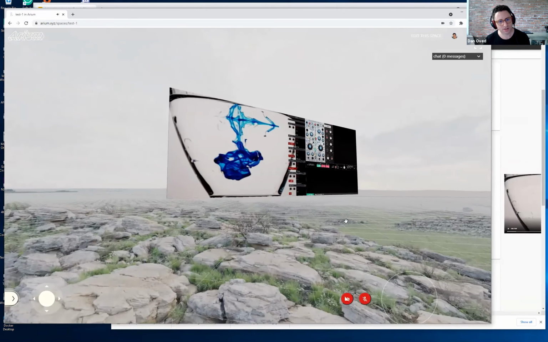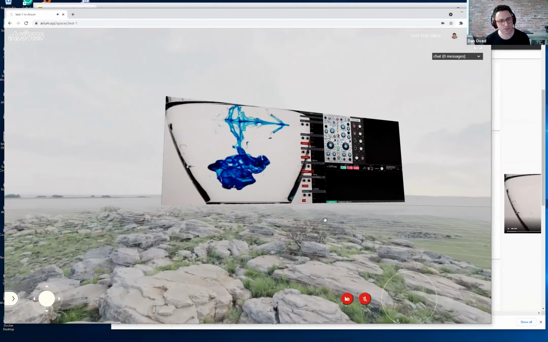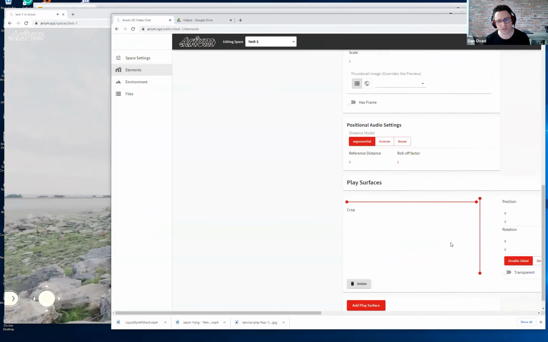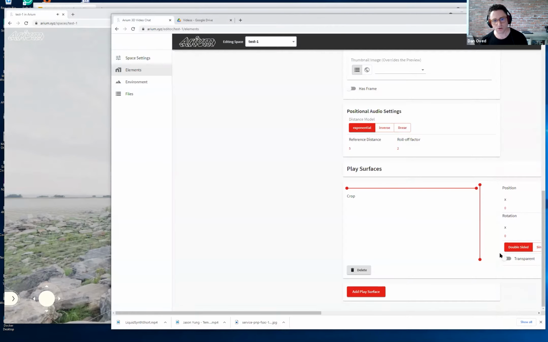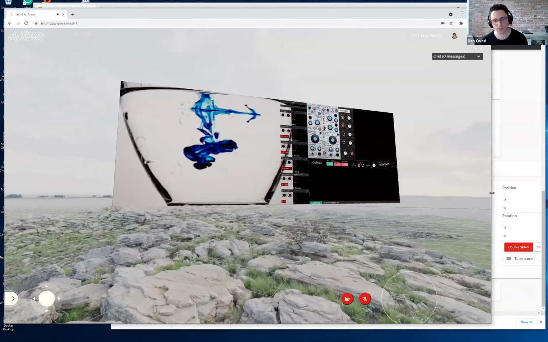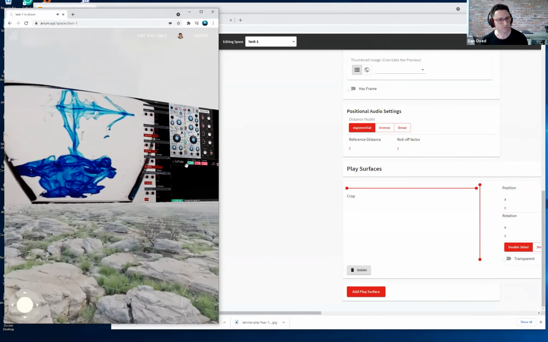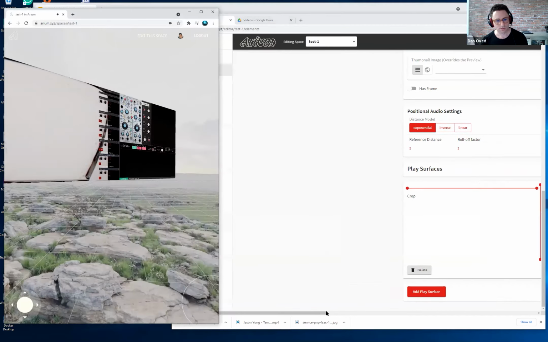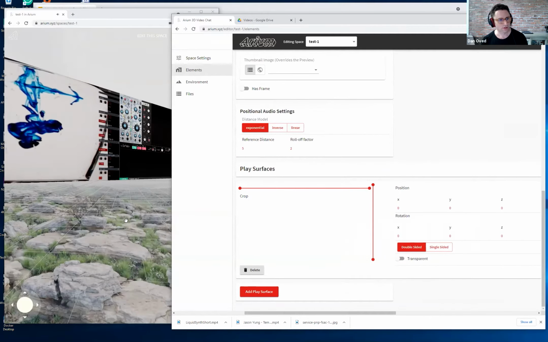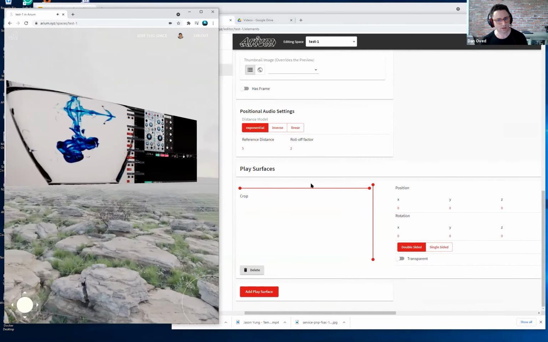Now, another really nice thing you can do, which is kind of like an advanced feature, is you can take a single video and break it into multiple surfaces. This is useful if you have a video that has tiles and multiple parts to it. So what you can do is, let me make this more visible quickly. You can take a video and crop the,